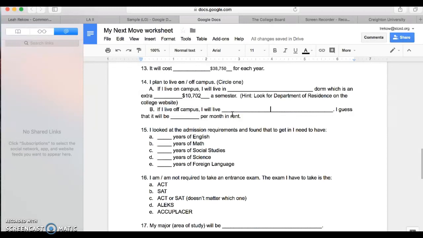So if you're planning to go to BVU and you want to save money, then maybe you say, I will live with my family. And I guess that will be $0 per month rent. Now, if you say, I will live in an apartment,